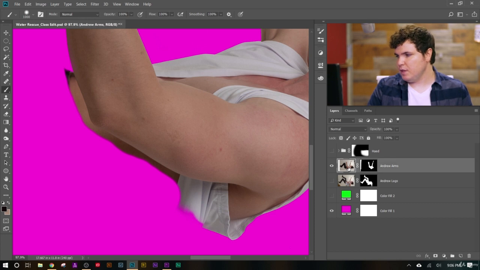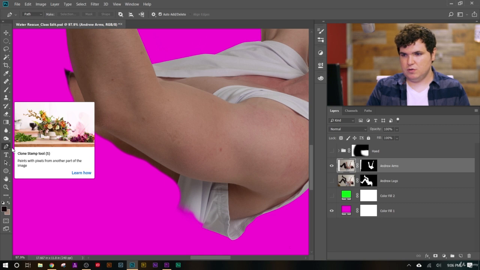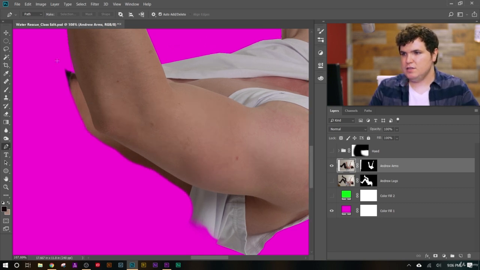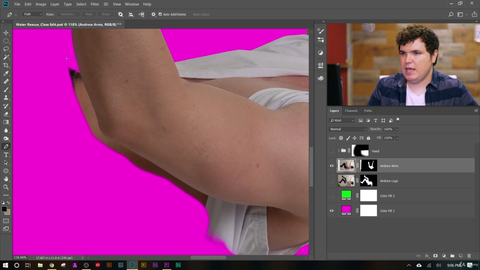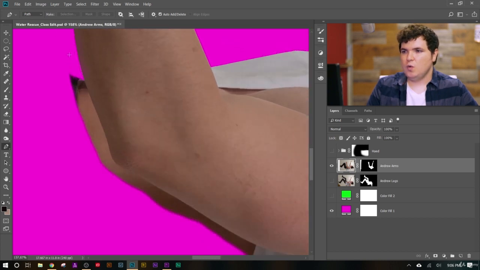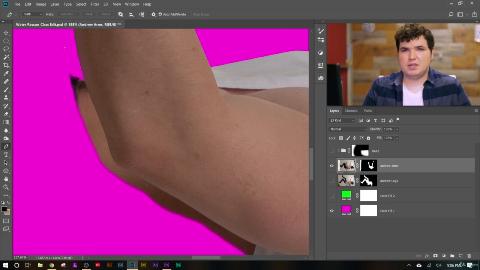So make sure I have my layer selected and click P to get to the pen tool, or it's right down here. What you're gonna do first is create a path. So the pen tool doesn't work on a pixel by pixel basis like most of the stuff in Photoshop. It's vector based, which means it's basically a series of points and lines with a measurable distance between them, and that's how your selection is made. Don't worry too much about how that all works if you're not already familiar with it. It doesn't matter too much,